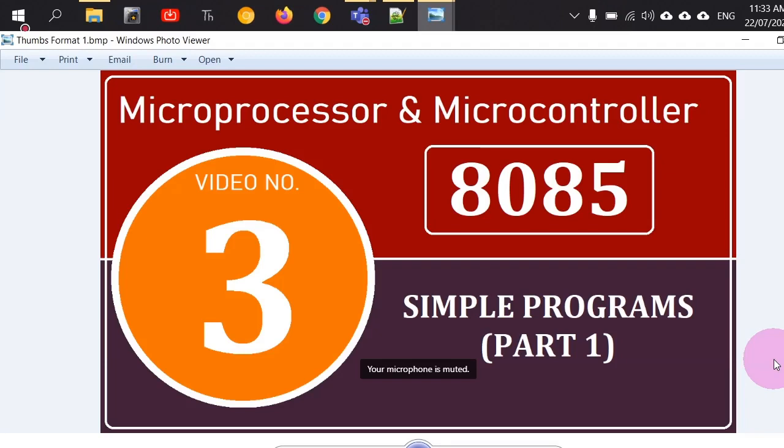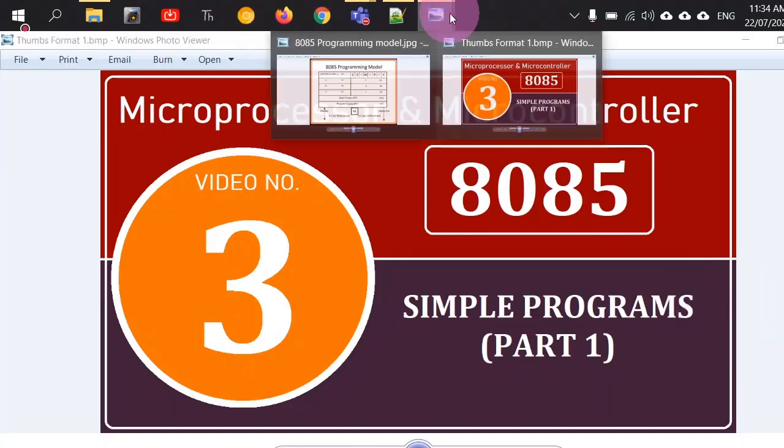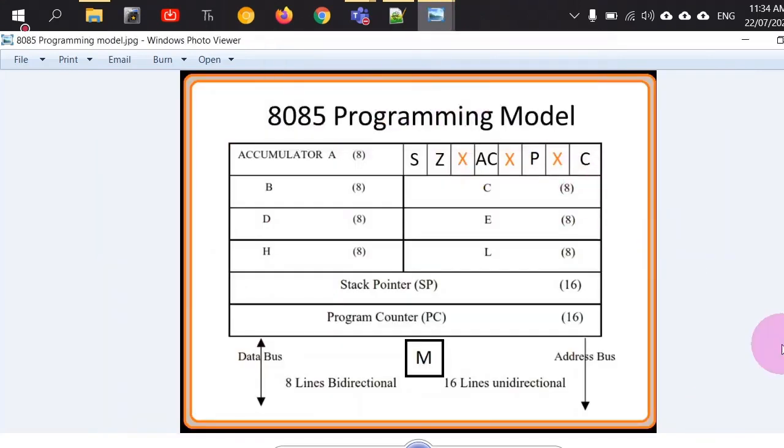So up till now, we have seen the introduction to microprocessor, and then in the second lecture, we have introduced the programming model, right? So that programming model was this, and in today's lecture, we are going to study further simple programs. So this is the programming model. Again, just to remind you, we have got all 8-bit registers and some 16-bit registers, right? And one flag register, which has got individual bits which are used to indicate the status of events that have just happened in the microprocessor.